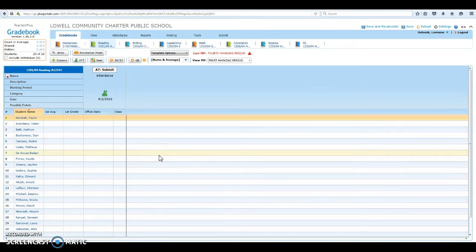The first thing you want to do is set up your categories and the weighting of your different categories for different grades. When you go about that, you want to check and see what subject area you are on. So if you teach multiple subjects, then you'll want to make sure that you have selected the correct one. So I am currently on reading because it's highlighted in blue, and that is the subject area that I am